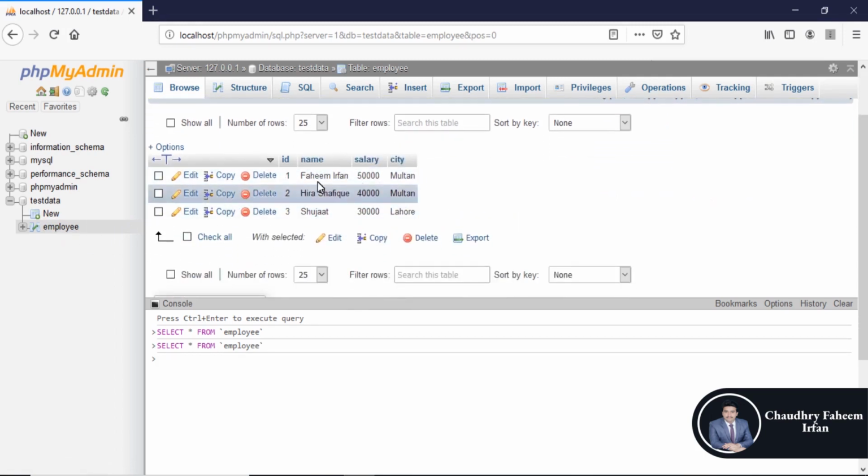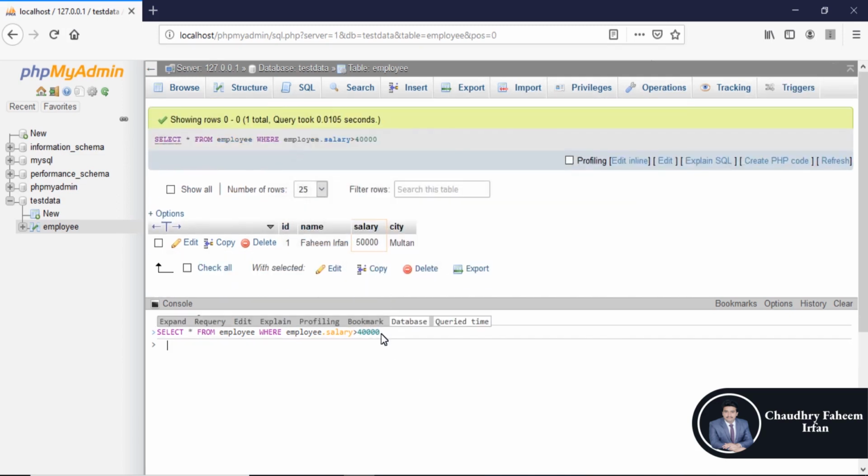There are 3 records in the employee table, and now we are going to select. This is very simple, and you can understand it very easily because we already learned in our previous lectures about relational algebra, like the selection operation. So we can write the query like select all from employee where employee is the table name dot salary is greater than 40,000.